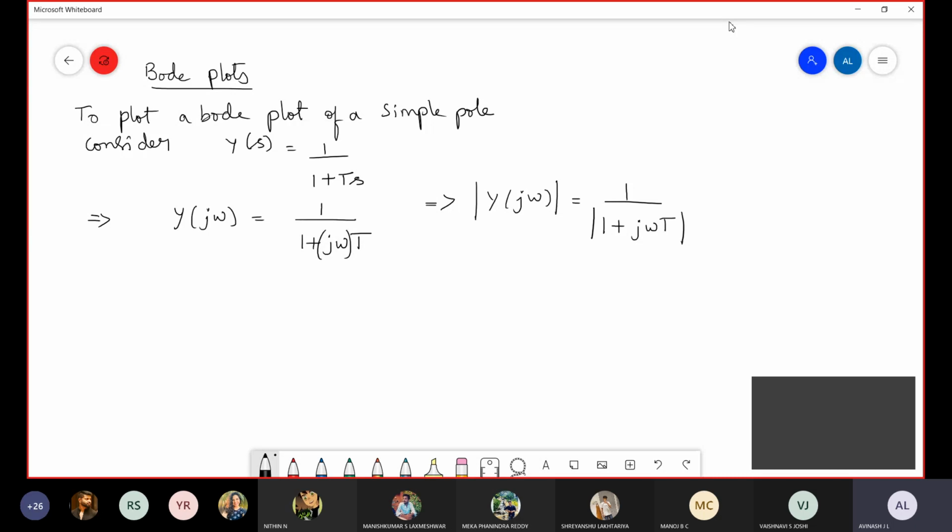The modulus of the numerator is 1, so we have taken it directly as 1, and the modulus of the denominator we don't know, so we have taken the modulus of 1 plus j omega T. Once you have this step, we must find, as I told you, 20 log to the base 10 of Y of j omega, which is equal to minus 20 log